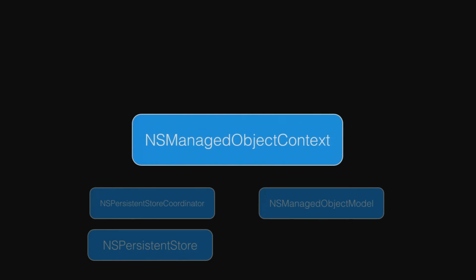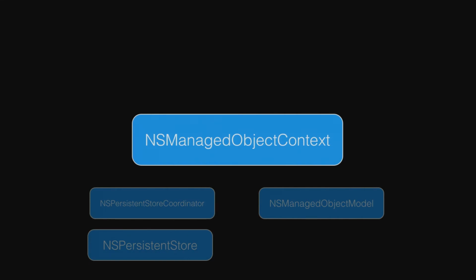The next object is the NSManagedObjectContext. I'm not sure if there's an analogy to this in other technologies. The closest thing I could say would be a session object, maybe in a Hibernate kind of world. But it's a little bit more than that, in that it doesn't really connect across the network. It doesn't manage all those network connections because all of these things are within your app. They're just objects in the same thread in the same process, right? So an NSManagedObjectContext is what you interface through at the top layer to push all your data through to the bottom three objects there.